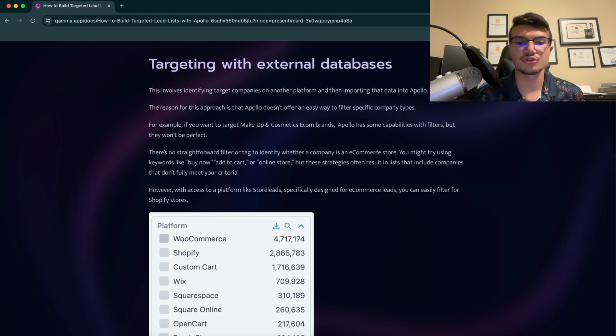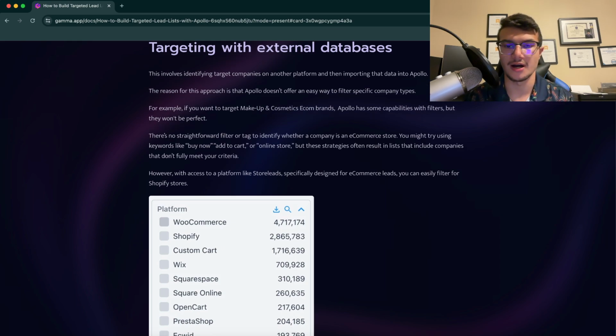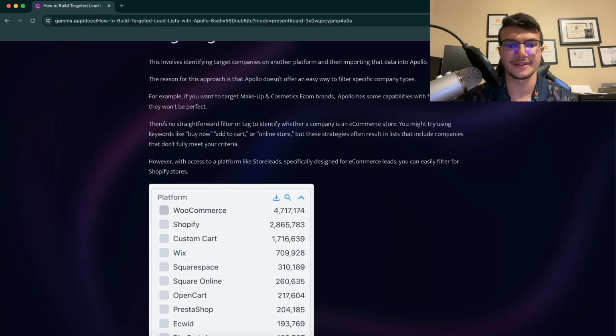There's no straightforward filter tag to identify whether a company is an e-commerce store. You might try using keywords like buy now, add to cart, online store, but these strategies often result in lists that include companies that don't fully meet your criteria, right? However, with access to platforms like Store Leads, specifically designed for e-commerce leads, you can easily filter for Shopify stores